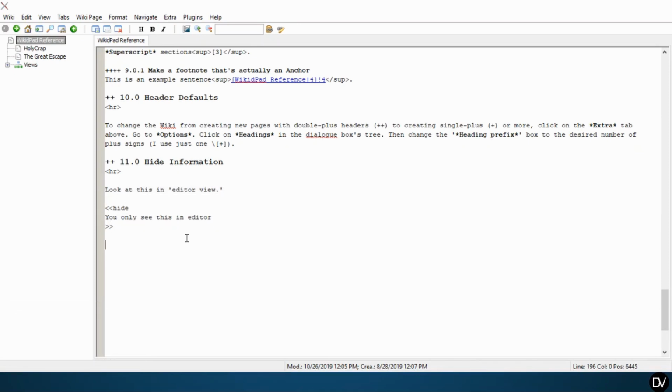Hiding information is really basic. You're going to put in 2 less than or greater than signs and type the word hide. Then hit enter, and then anything that you put in here will be hidden once you close out your function. To close out the function, you're just going to go down to a new line and do 2 greater than or less than signs. Let's copy and paste this